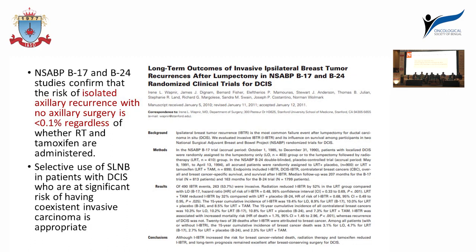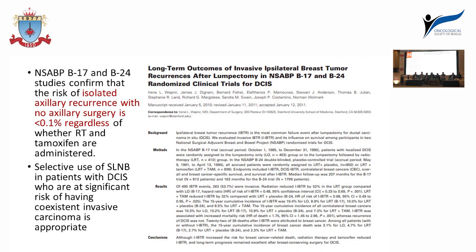In pure DCIS, the chance of axillary spread is very negligible. So we need to see by biopsy whether it's a pure DCIS or it has some invasive component or high risk components. If there are no high risk components, then we can skip the axillary part, and in breast conservation we are already giving the radiation. We can also go for partial breast radiation. But if there are some high risk features or some invasive parts, or we are going for total mastectomy,